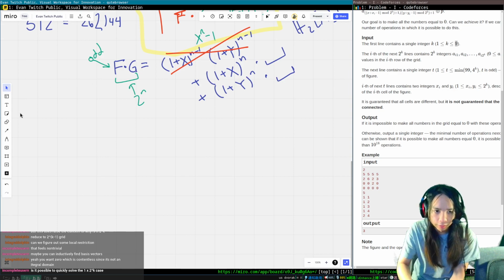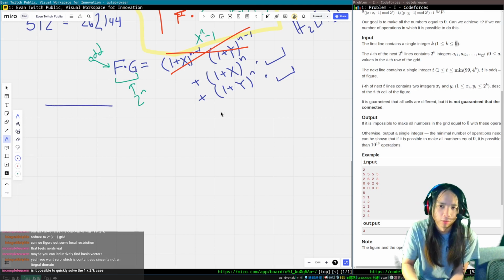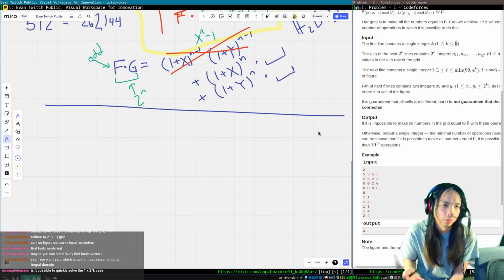So let's talk about it, because even if I can prove uniqueness, it's no good for the CodeForces problem if I prove only uniqueness and then don't have a way to actually construct the thing. So I guess